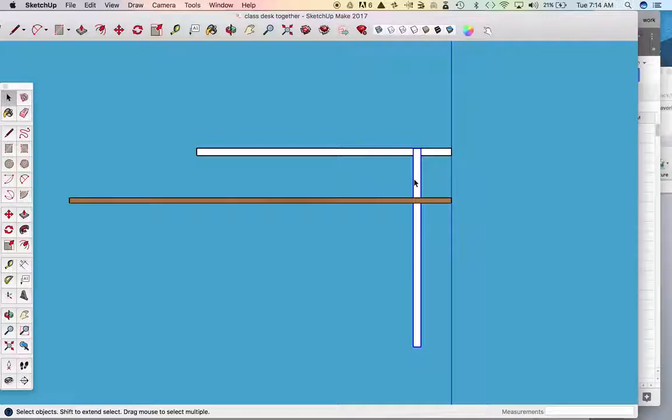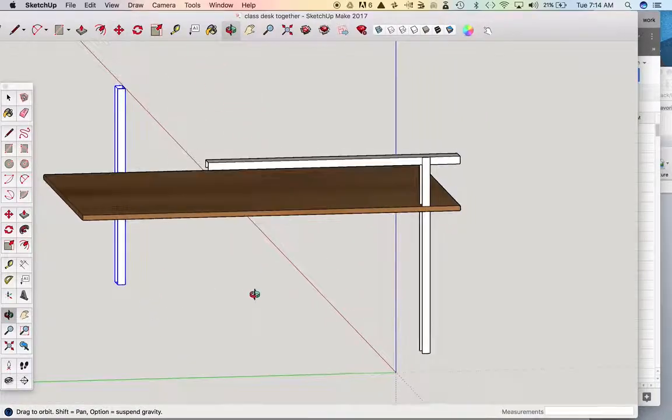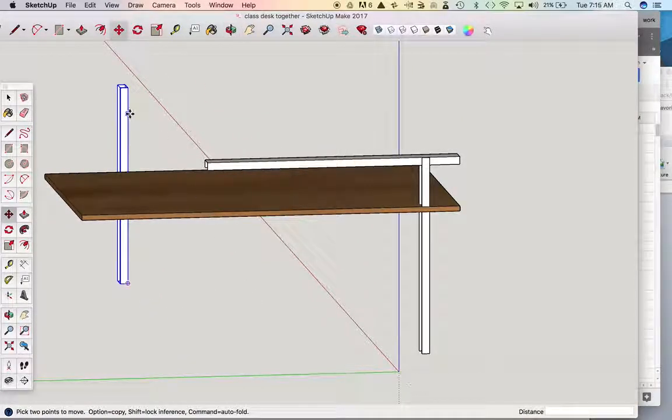So I have this selected. I'm just going to use the keyboard shortcuts. Command-C on a Mac, I think Control-C on a PC. And then click over here and paste. And now I have another copy of it. So I realize, though, that this is facing the wrong way. I need this one to face the opposite way. So what I'm going to do while it's still selected is I'm going to choose the